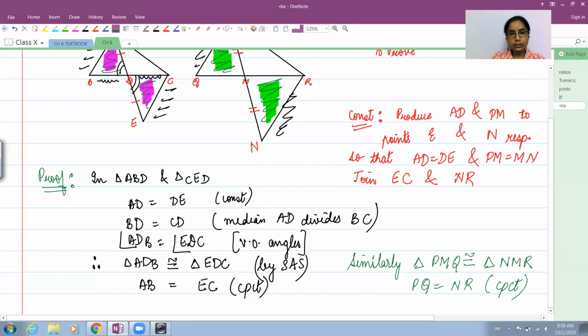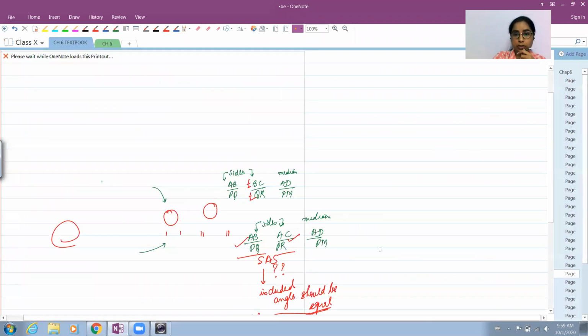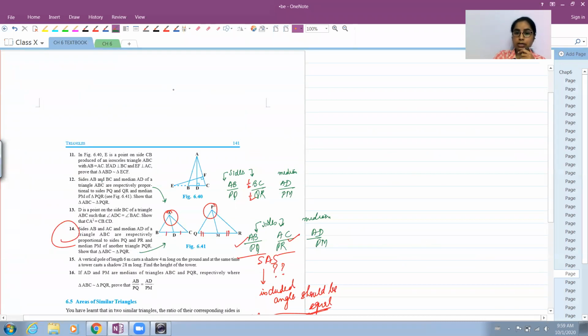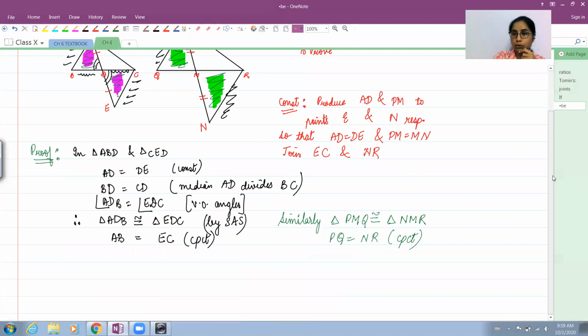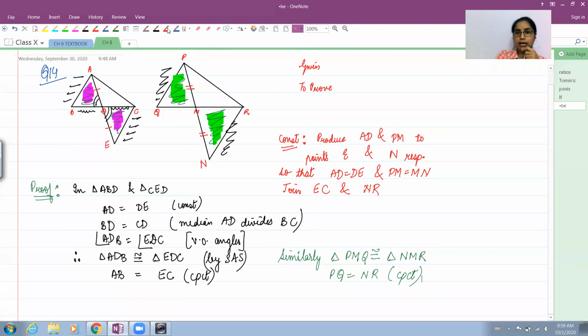Okay. Now, once you have proved this congruence and written these pairs of corresponding sides equal, I want you to go back to the proportion given to me in the question. I'm going to use this now. This is written in the given part. आपने यहाँ पे given में पहले से लिखा हुआ होगा. I will just write that down.